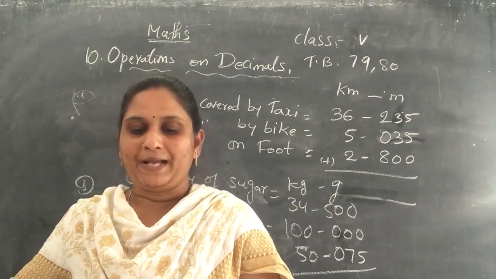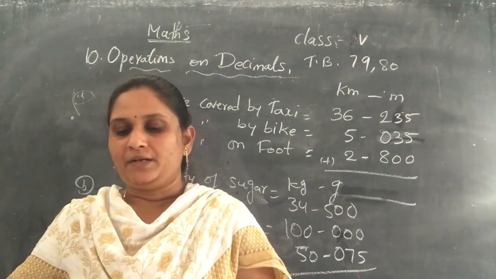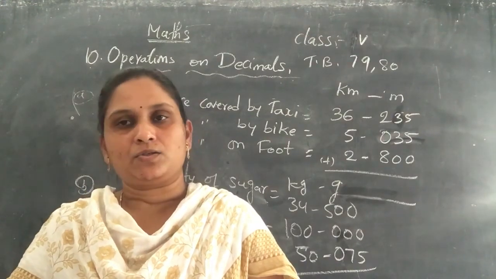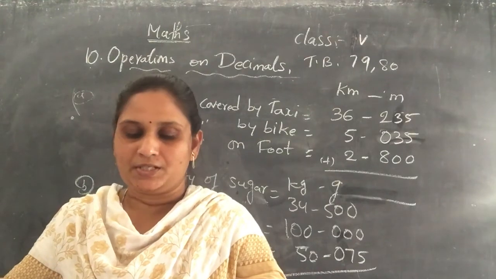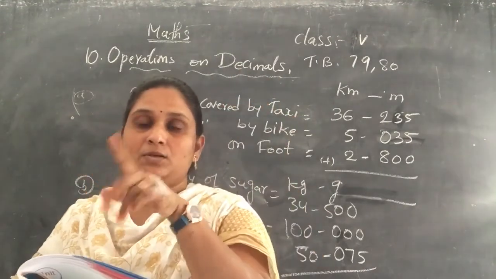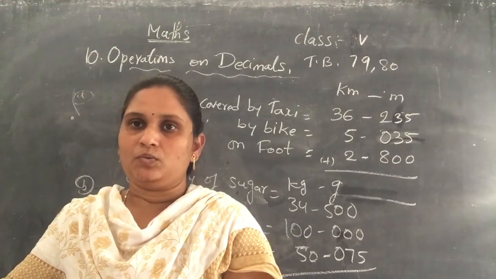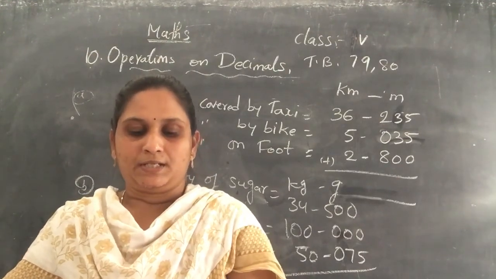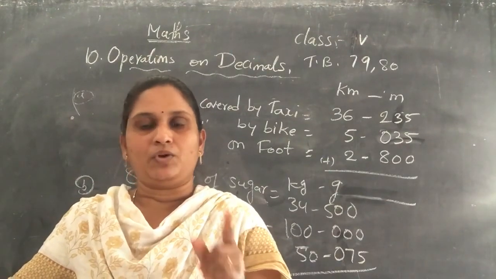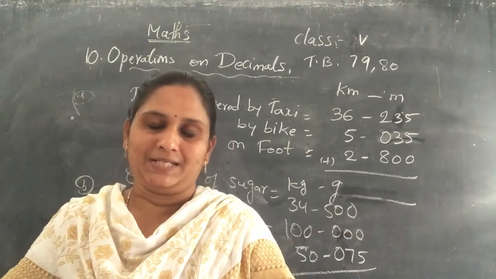Next, the last one: a man bought a shirt for rupees 135, a bag for rupees 27 and 50 paise, and a pair of shoes for rupees 499 and 99 paise. Find the total amount spent by the man. So write down the cost of a shirt is equal to 135. On top you have to write the headings rupees and paise. In the paise column only 2 zeros will be there. Got it? So the cost of a shirt is equal to 135.00. Next, the cost of a bag is equal to 27.50. The cost of shoes is equal to 499.99. Do the total of the 3 amounts and you will get the total he has spent.